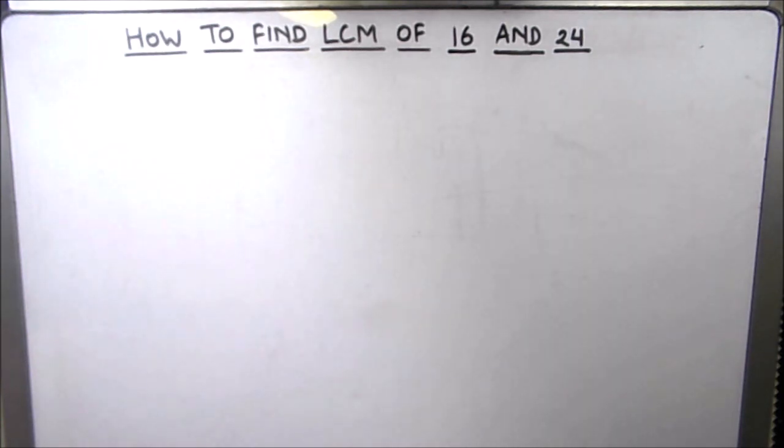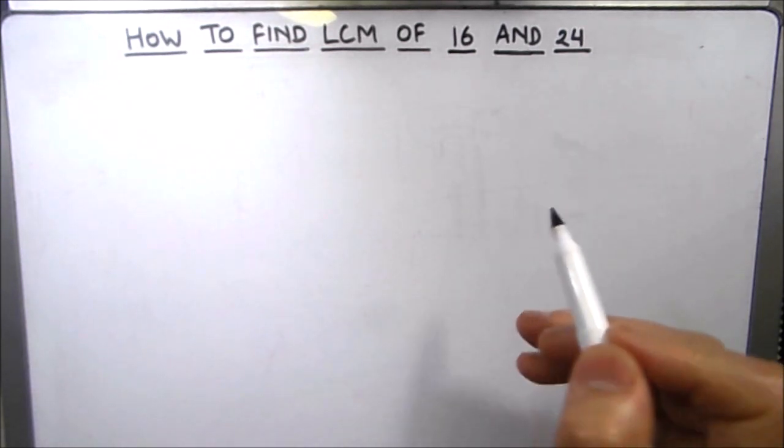So there are two variations in this method. First, you can find the factors of the two numbers separately and then find the LCM, and the other one is you can use the same ladder for dividing the two numbers. We will be learning both the methods in this video. So let's start dividing our numbers. First we'll learn the method in which we find the factors of the two numbers separately.